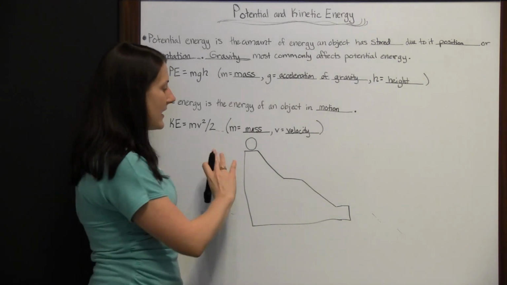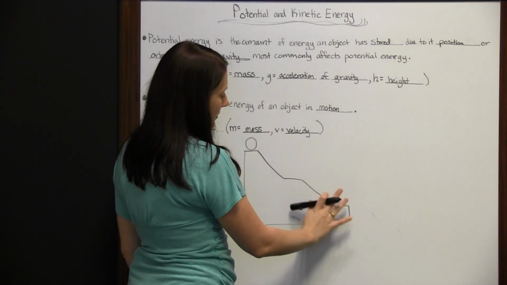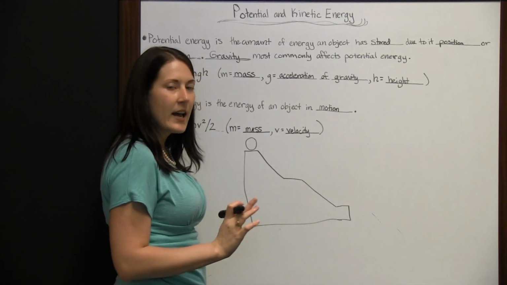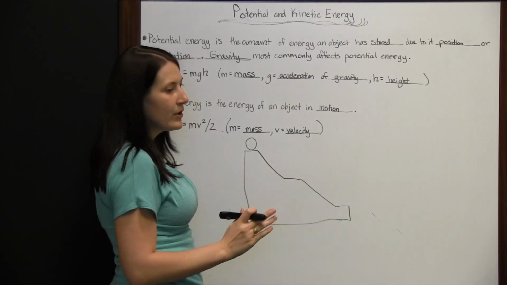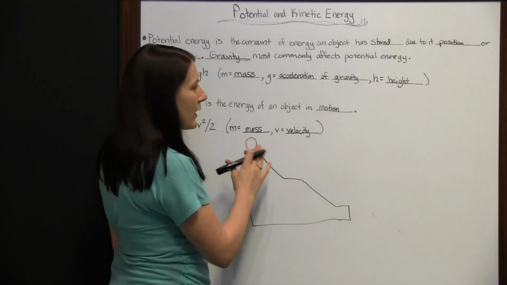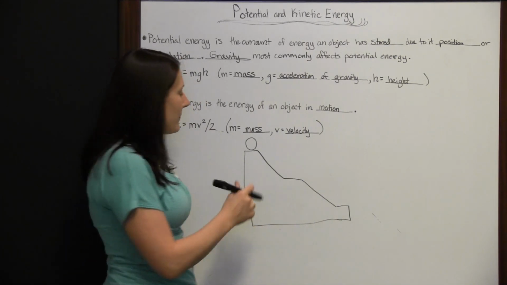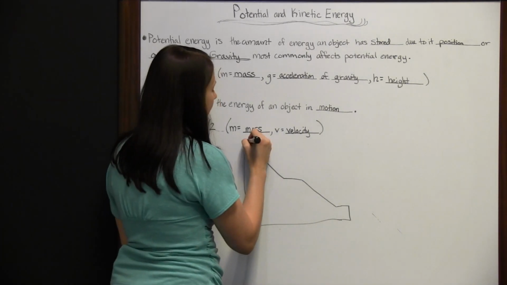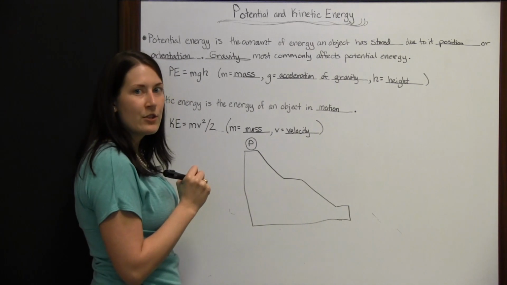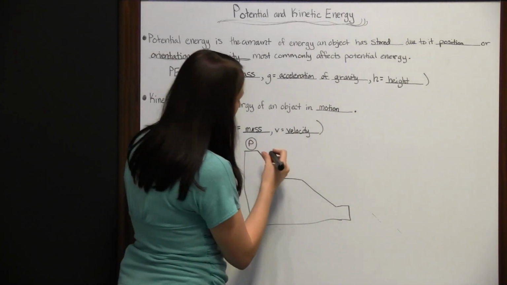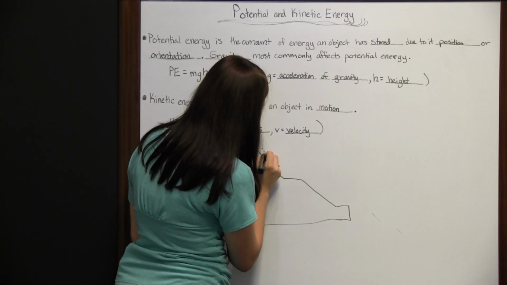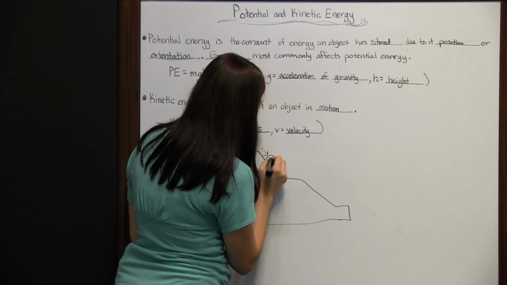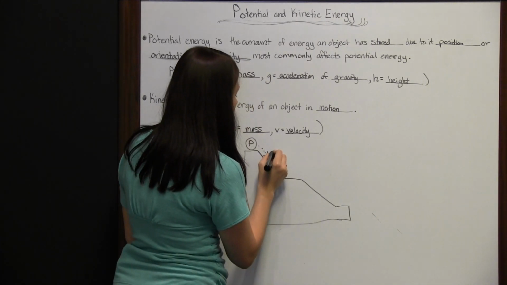So let's look at this. We've got this little situation set up. You've built this out of wood or Legos or something, and you've got a ball and you're going to roll it down here. So when your ball is here, you have potential energy. It's sitting still. Once it goes over the edge, and you have it here, you have kinetic energy because this